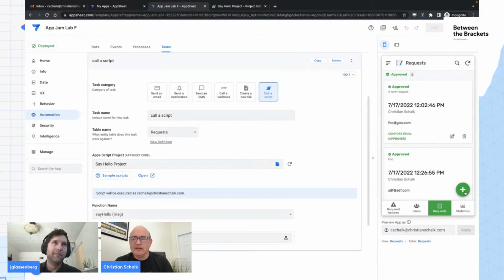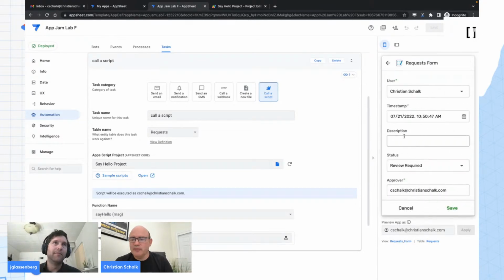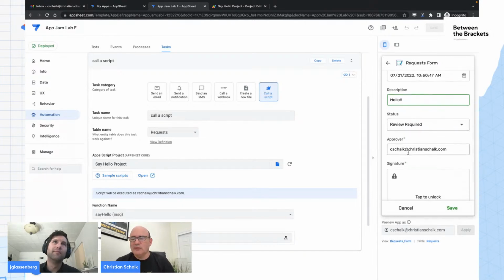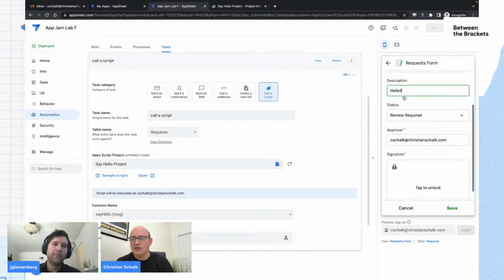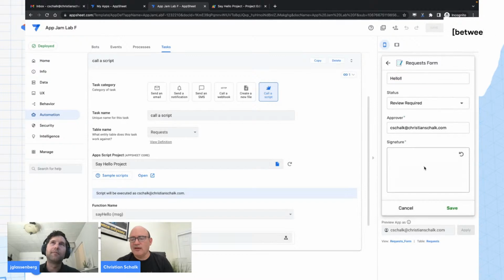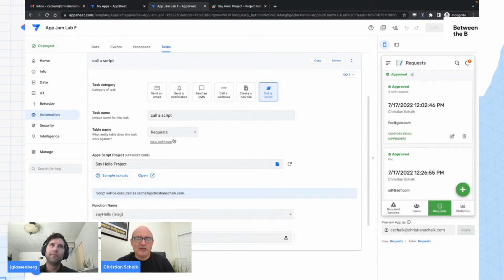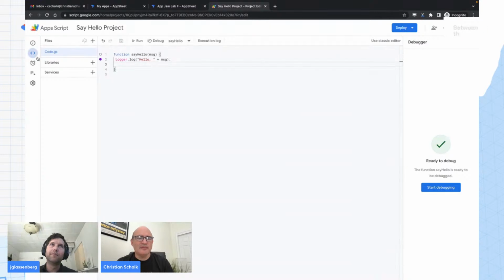All right, so the trigger of this, all I'm going to do is create a new record. So I'll just say hello, and that's the description. And it's going to grab the user, which is this name here, actually the underlying email, and it's going to just send that off to the actual AppScript code. All right. So I fill out my form, which is going to create a new record. That's going to trigger the automation. The automation is then going to call this script here,